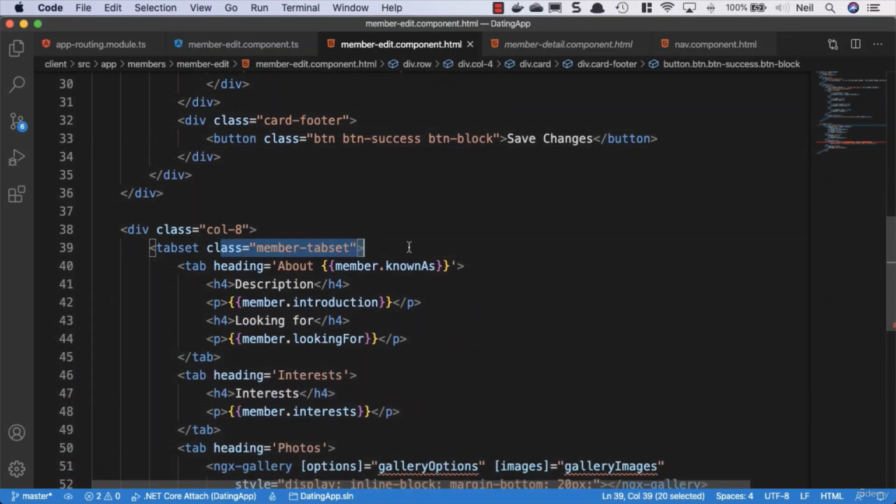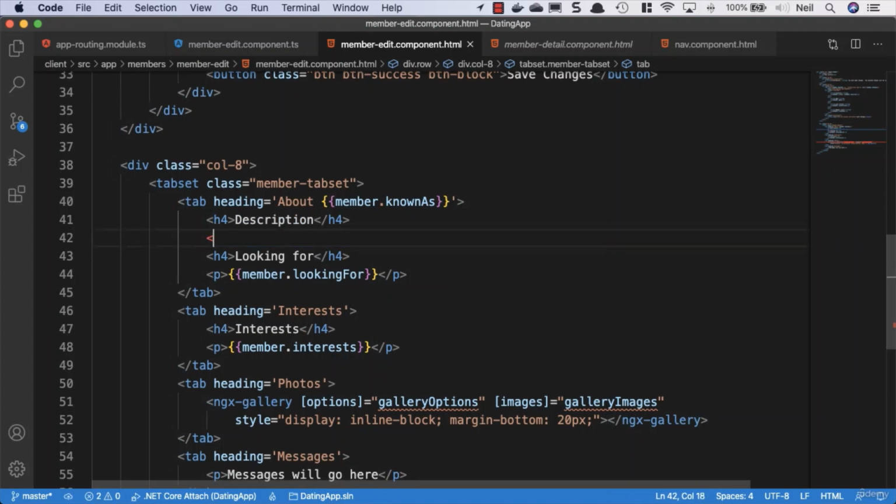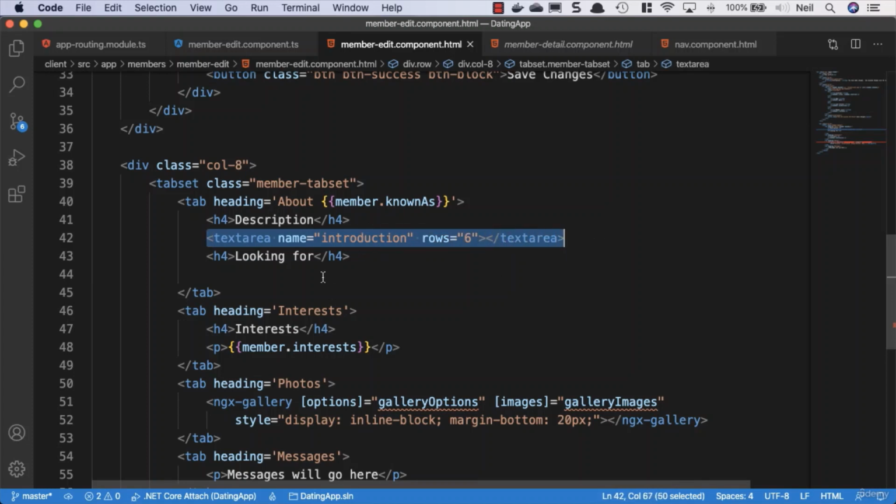And the tabs will keep some of this content, and underneath the h4 tag, instead of displaying a paragraph here, what we'll do is we'll have a text area. And we're going to be using template forms here, so what we'll do is we'll give this a name of introduction, and we don't need the ID or the columns, so we'll remove that and we'll set the rows to 6 in this case. And for the looking for, once again, we'll remove the paragraph, and I'll just copy this text area and paste it below, and we'll give this a name of lookingFor, and we'll keep the rows